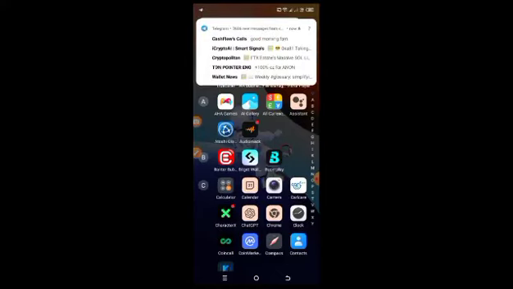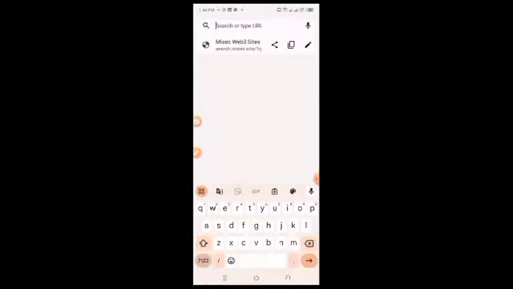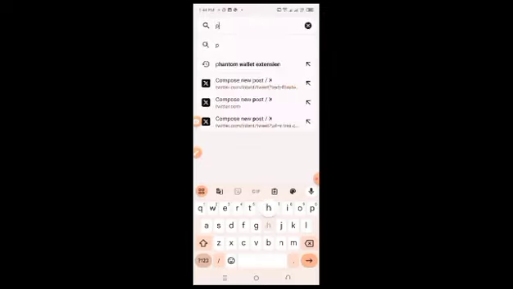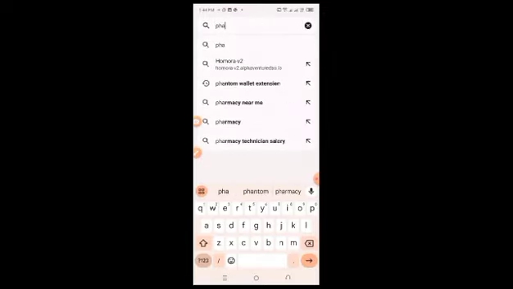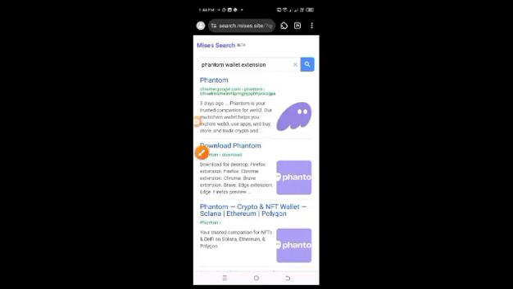So in this video we'll be adding extension wallet in our MySys wallet. So go to your MySys, then we want to add a Phantom wallet. So what you have to do is to type Phantom wallet extension, okay, and search it. So when you search Phantom wallet extension,